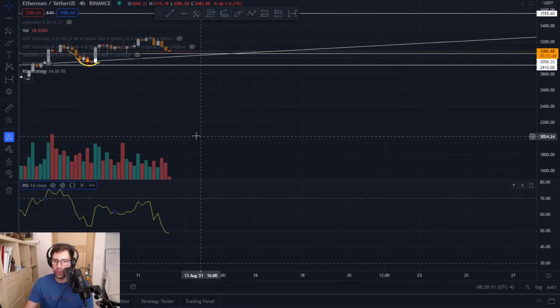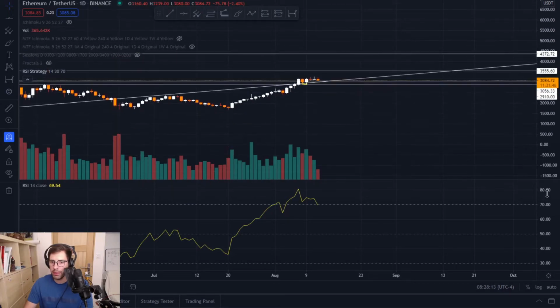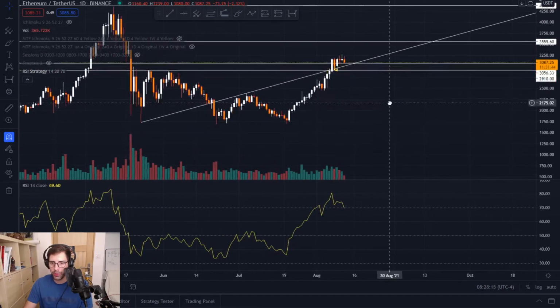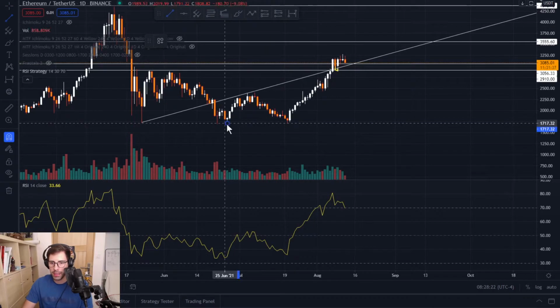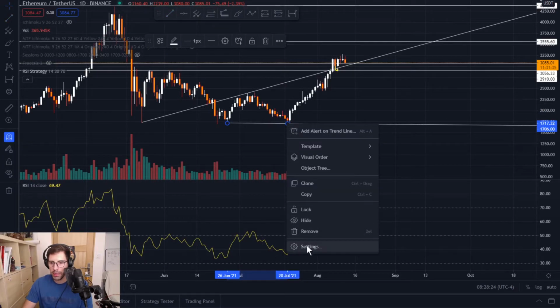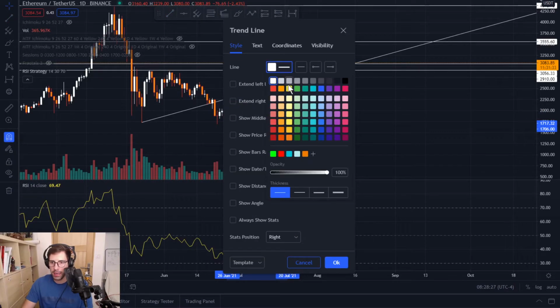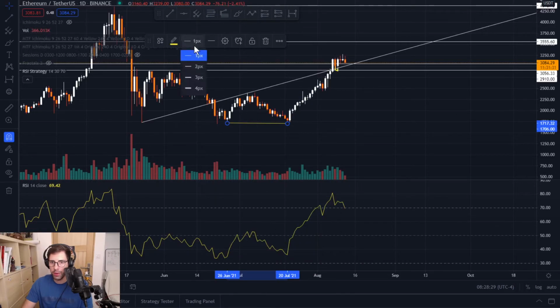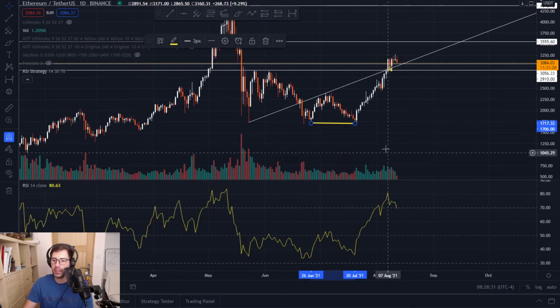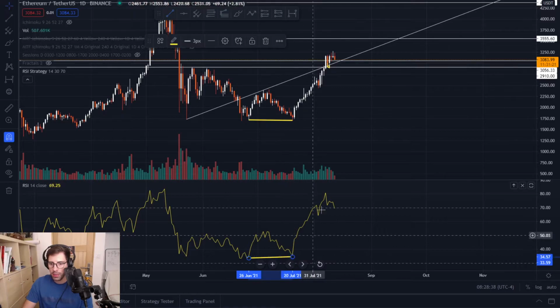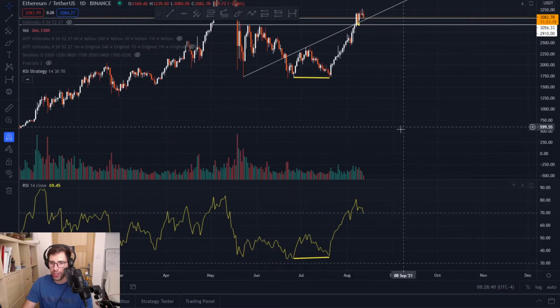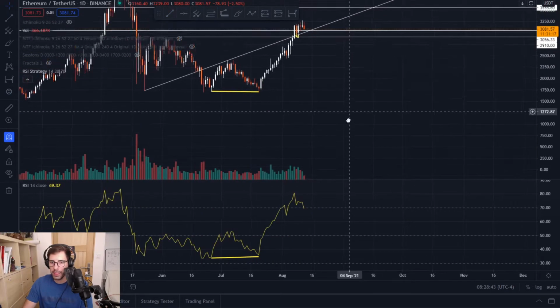Perfect. So I'm going to go on a daily, quick view at the daily, just to try to spot some divergence. Is this one a divergence? Let's see. Let's trace it. So I'm going to start it here to here. Let me remove this extended line and put it yellow for the moment, and larger, 3 will be nice. So we trace the same one here on our chart at the RSI 14 up, and we can see, yeah, that's a divergence. Okay, so we could have seen this coming.